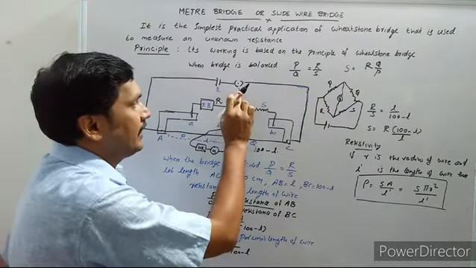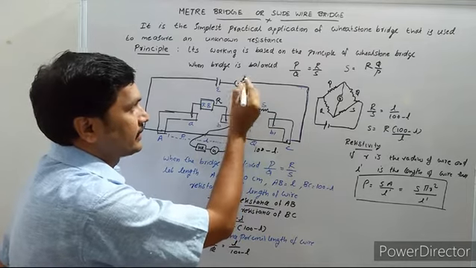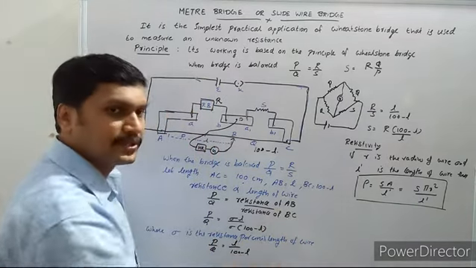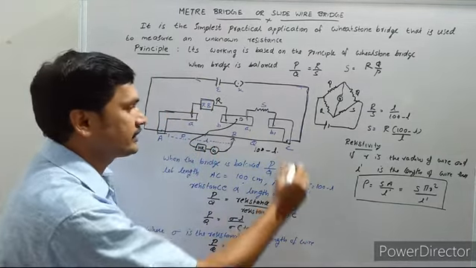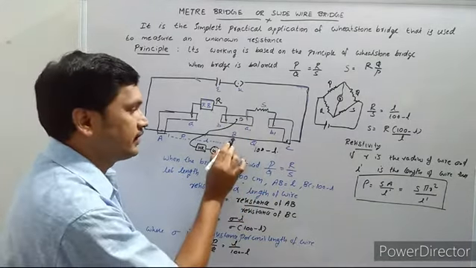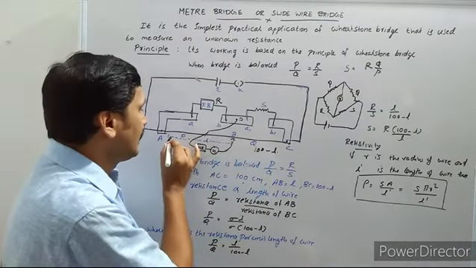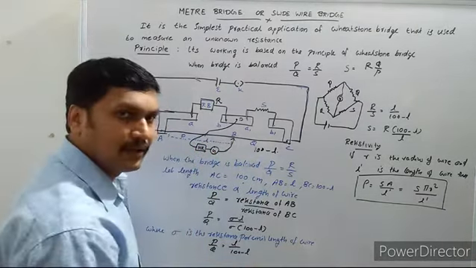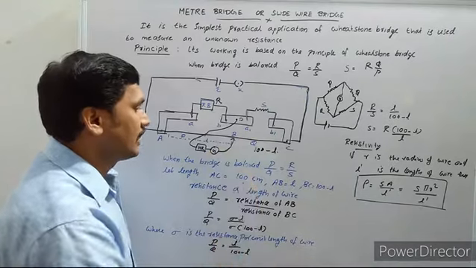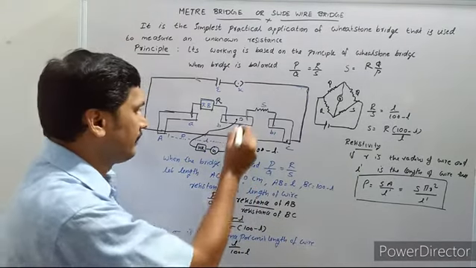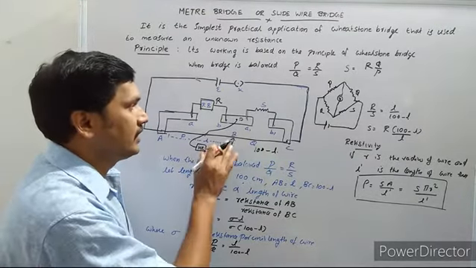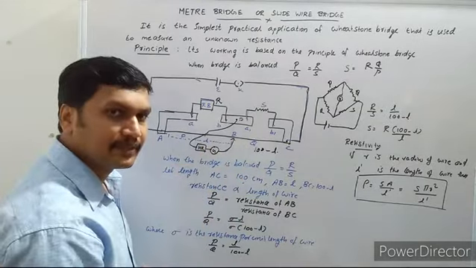If you insert the plug in the key, a constant current passes through the meter bridge wire. After inserting the key, we take the jockey, which is a sliding contact, and slide it along the wire AC. Suppose when the jockey reaches the point B, the deflection on the galvanometer is 0. The galvanometer is showing a null deflection. By then we can say our meter bridge is balanced.